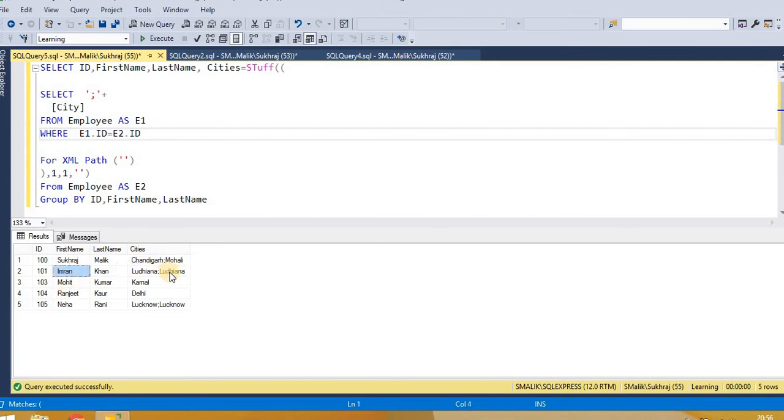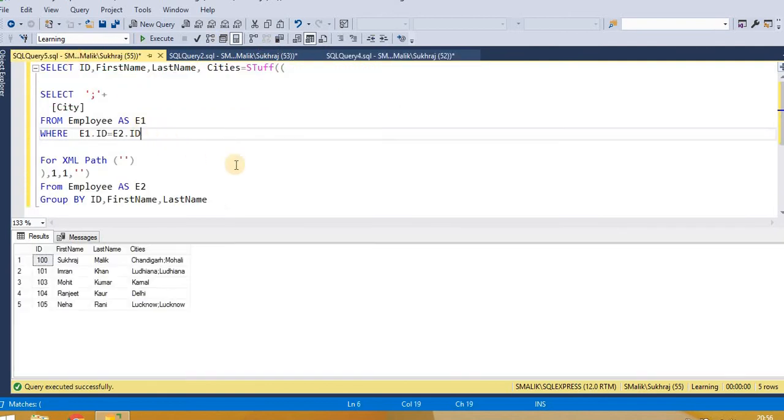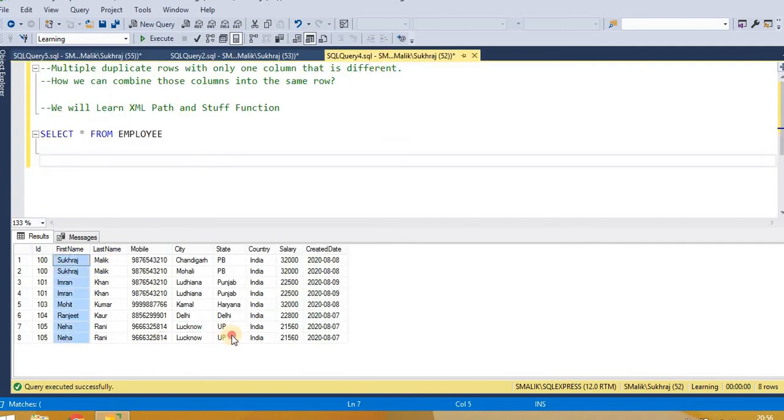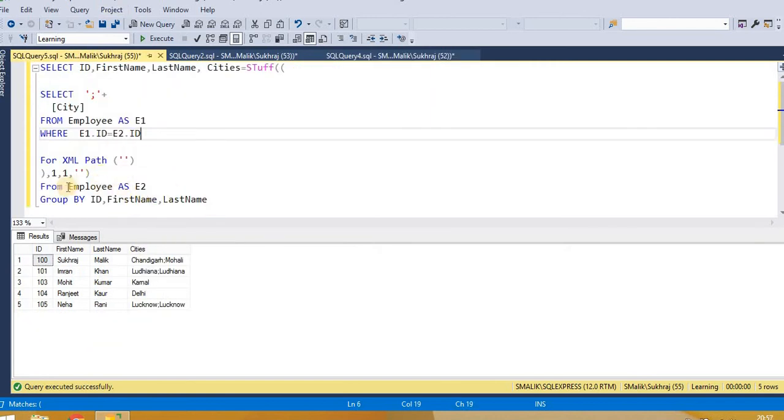Then Imran worked in Ludhiana, it was 2 times here, and if any other city name were here, it would show that city. Similarly for Neha. So in this way we can combine one column. See here everything was the same except the city column. Using XML and STUFF we can do this type of thing.